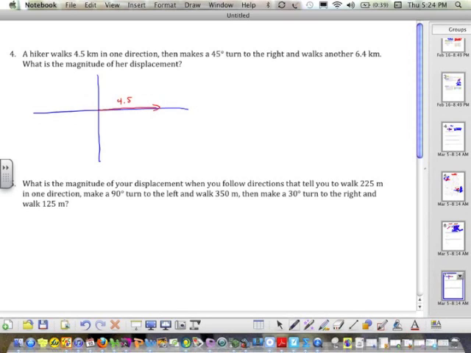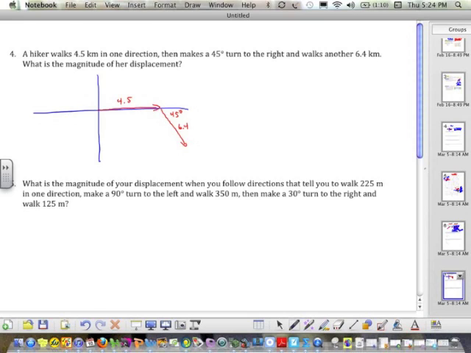And you don't need to do that. Some people like to make them go north and work from there, and it's fine, it doesn't matter. Now, imagine you're at the tip of that point and you're facing the arrow, and now you're going to turn 45 degrees to the right. So what's going to happen is you're going to turn this way, and this angle right here is going to be 45 degrees. And you're going to walk another 6.4